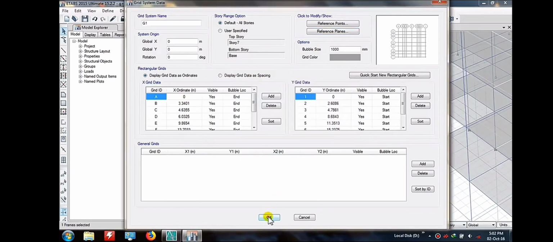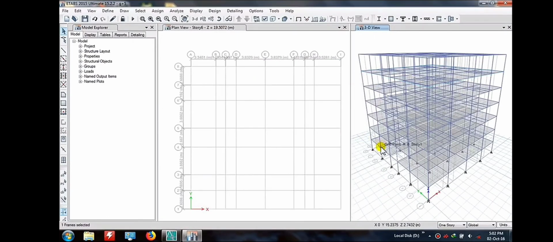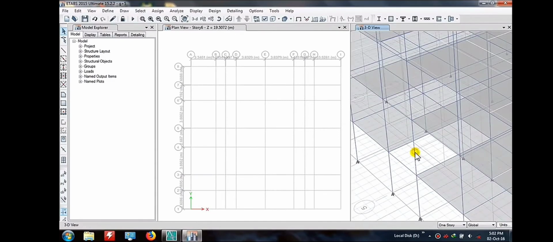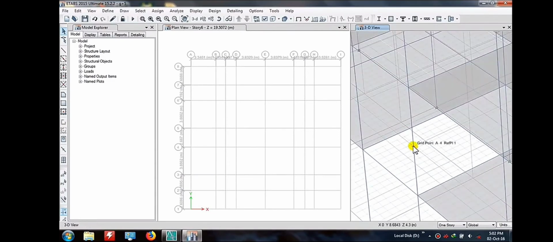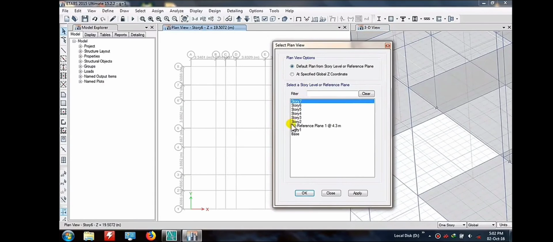So why am I assigning one more grid here? This grid I'm assigning for the landing system, so that we can have a base for our designing. So you are going to refer to the G1 reference plan.